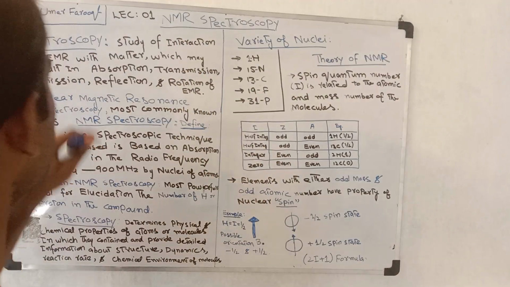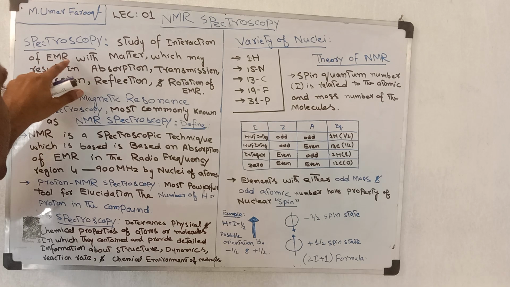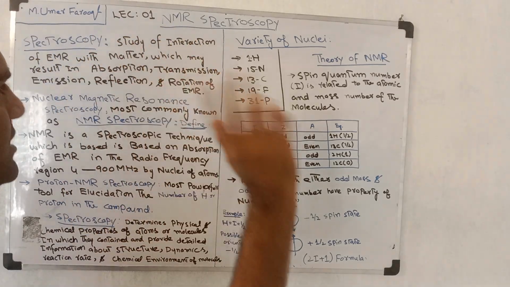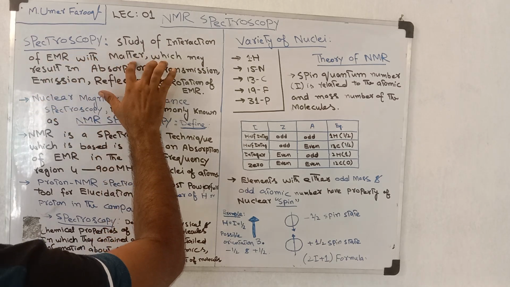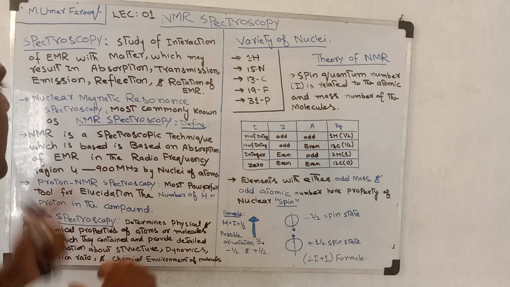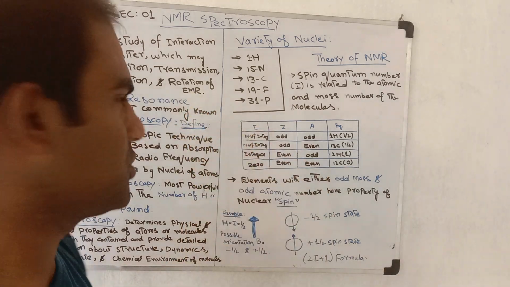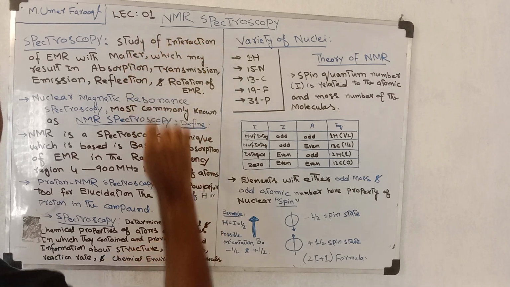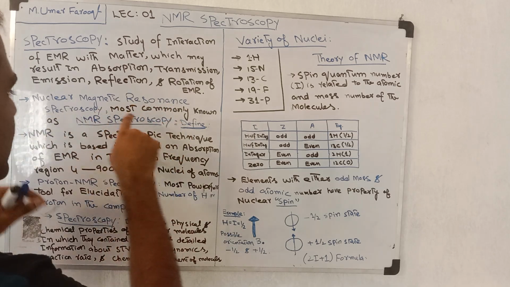Let's start with spectroscopy: the study of interaction of EMR, electromagnetic radiation, with matter. Spectroscopy is basically the study of the interaction of EMR with matter, which may result in absorption, transmission, emission, reflection, or rotation of electromagnetic radiations. These are the basic definitions of spectroscopy, and we move to nuclear magnetic resonance spectroscopy, most commonly